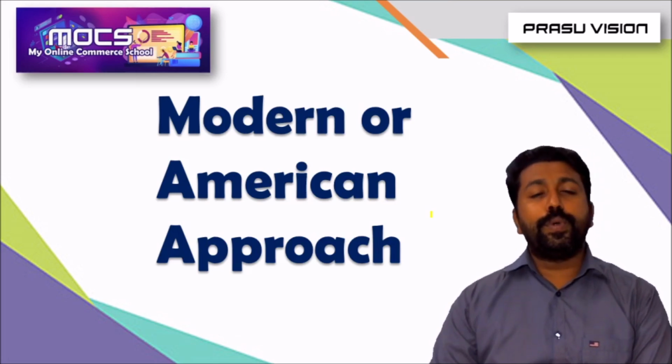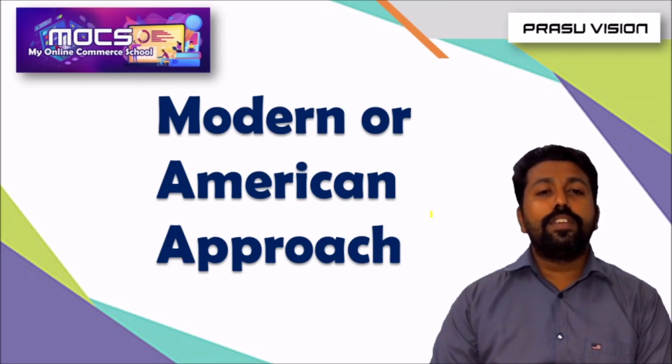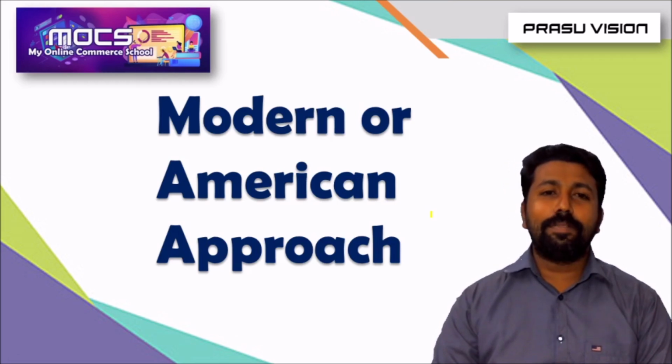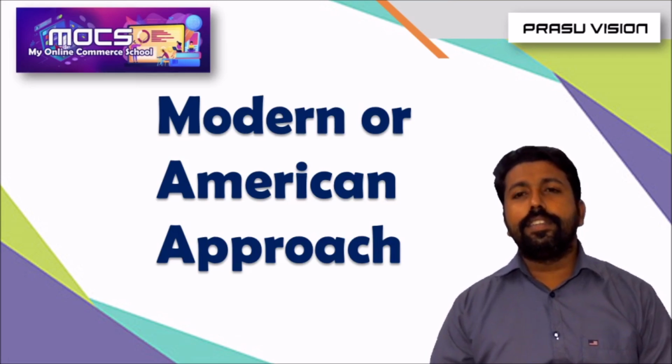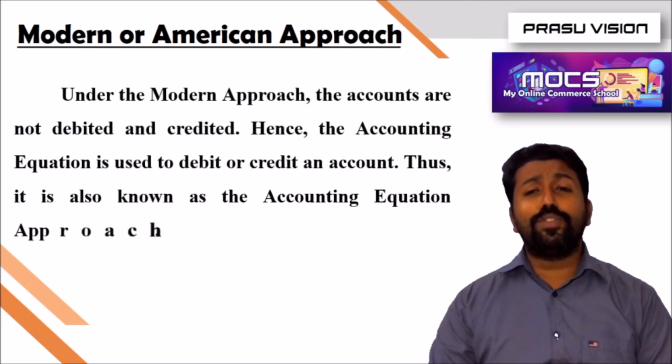So here also I am giving the explanation regarding what are the different accounts coming under the modern or American approach, and definitely we are learning the rules of the modern or American approach debit credit rules, and also we will solve one problem to learn the concepts of debit and credit as per the modern or American approach. So my dear students, as per the modern approach or American approach, there exist five different accounts. Five different accounts. And all the accounts are very much familiar for you.